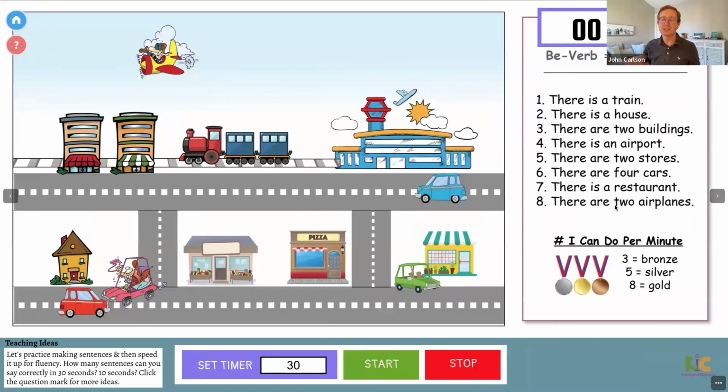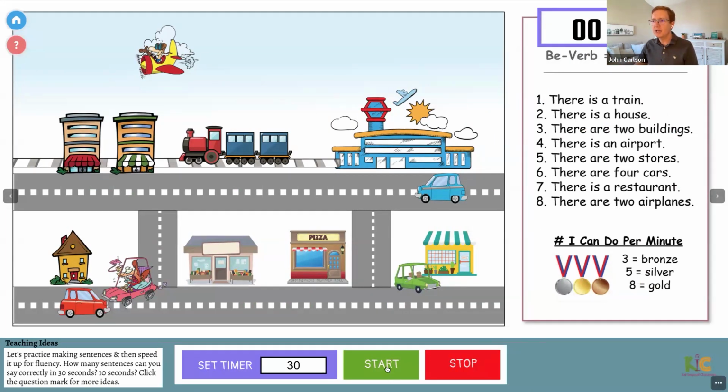Then this page is a speaking page. On a page like this, you're using the vocabulary that they've learned and now putting it into sentences. The goal is not just that I say something and then you repeat after me. The goal is to build some fluency with it. So it might start with, I'm going to make a sentence and you say the same one. But then I want to move it to them. You make a sentence. What do you see in this picture? Oh, there is a train. Oh, great job. And you can use the drawing tool to identify that if you want.